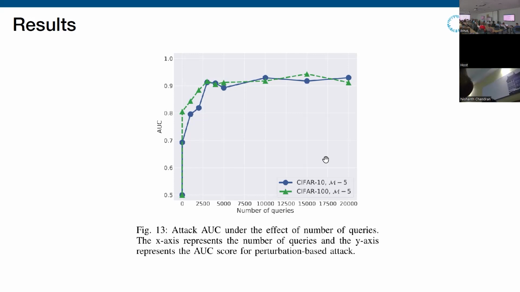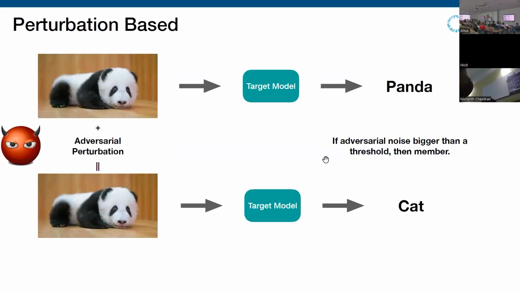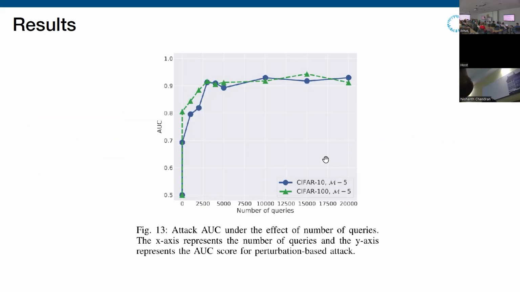First of all, label only and posterior based attacks are not really comparable, because label only is not the state of the art. It's only a different threat model. Posterior gives you the full posterior, label only gives you the label. Another thing is, in some cases label only performance is a little better than posterior based attacks. However, to do a successful label only membership inference, you need to query the model with different noise around 2,500 times.